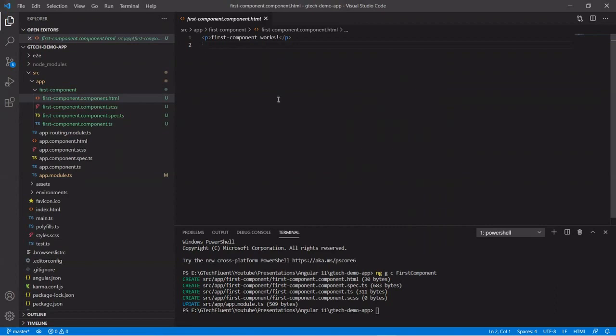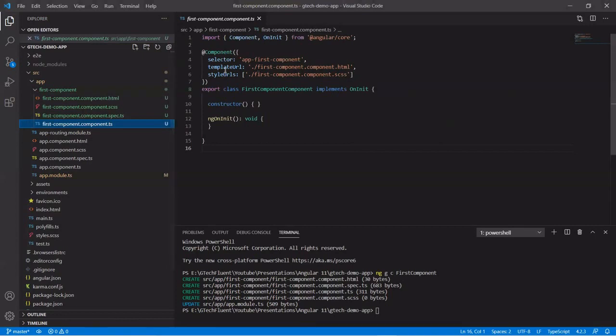Next, we have the class. If you go to the component.ts file, this is the class which we call the component. This class is created with TypeScript. The coding syntax we are using is TypeScript, but we can also use JavaScript here. This class can contain properties and methods. As per normal object oriented programming, we can add our properties and methods inside this class.